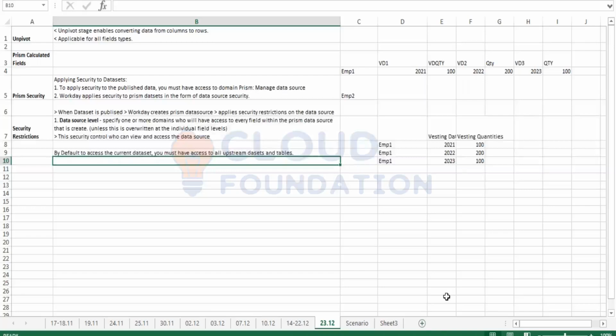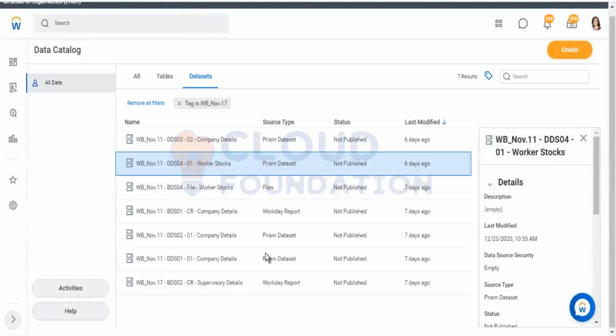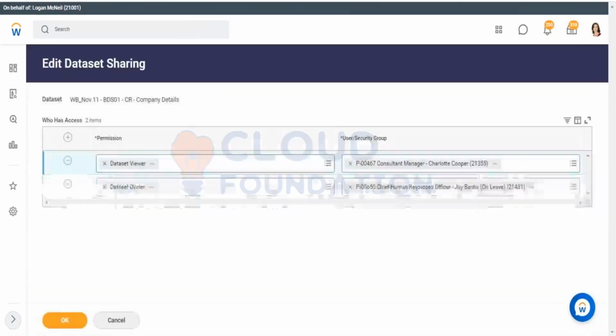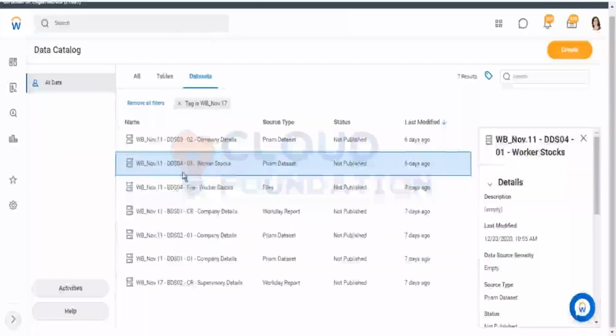Okay, now once I have applied the appropriate security restrictions, my final task is to go ahead and